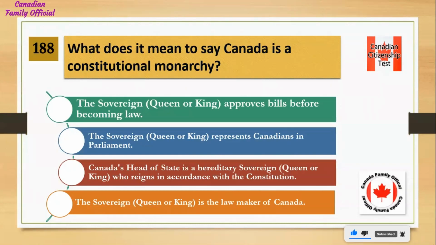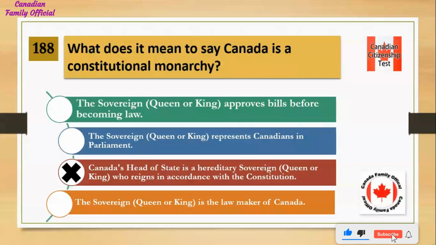What does it mean to say Canada is a constitutional monarchy? Number 1, the sovereign, queen or king, approves bills before becoming law. Number 2, the sovereign, queen or king, represents Canadians in Parliament. Number 3, Canada's head of state is a hereditary sovereign, queen or king, who reigns in accordance with the Constitution. Number 4, the sovereign, queen or king, is the lawmaker of Canada. And the answer is Canada's head of state is a hereditary sovereign, queen or king, who reigns in accordance with